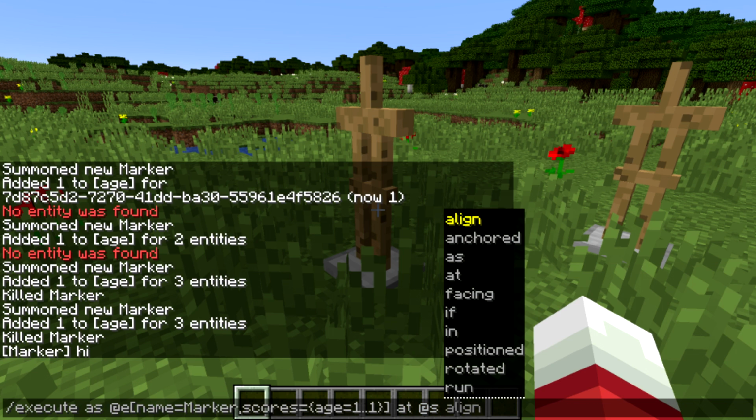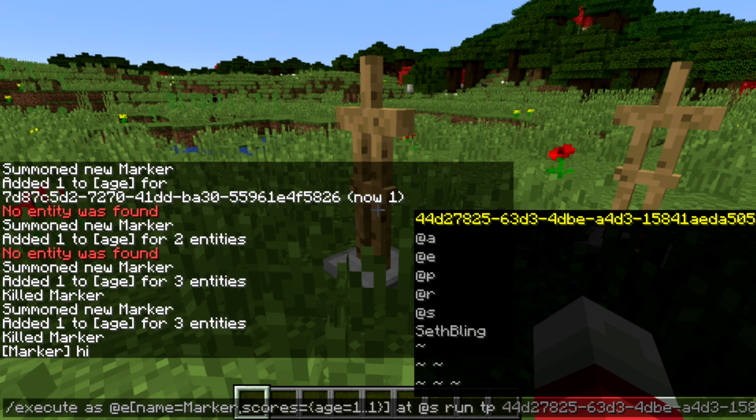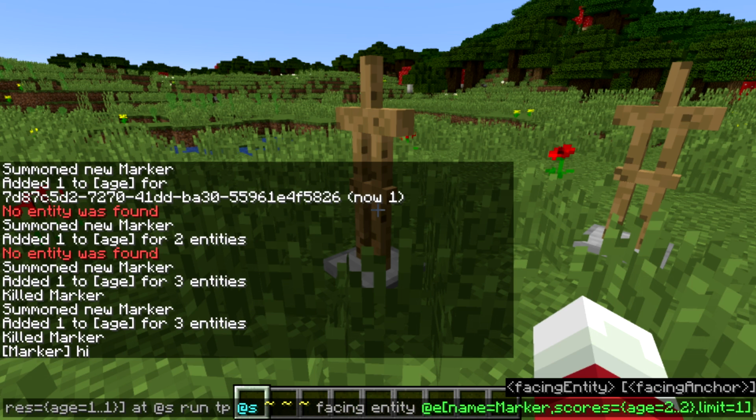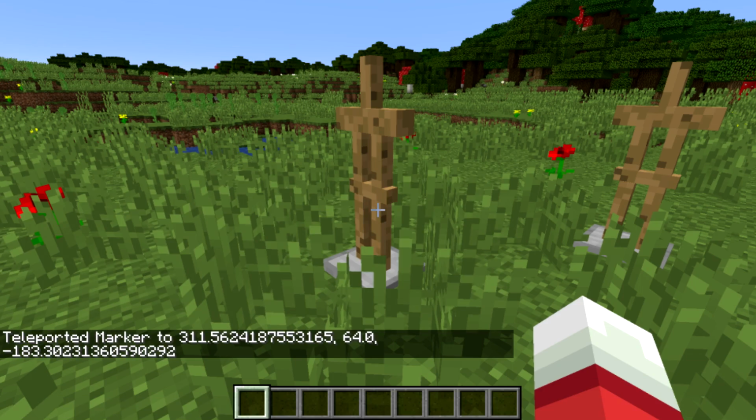And we're going to make sure that it's executing at the armor stand's coordinates. And we're going to teleport that armor stand to its current location, but facing another entity. We're going to have it facing the other armor stand, which was at the previous position. And so @e name equals marker, scores age equals 2..2. And we need this limit equals 1 thing to make sure only one armor stand is matched. And then we're going to have it face the eyes. Doesn't really matter, but